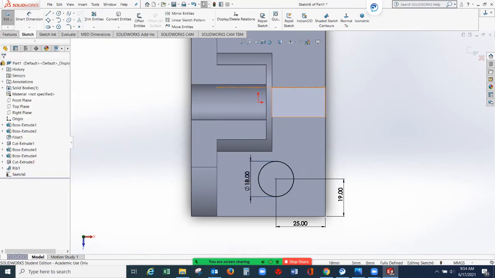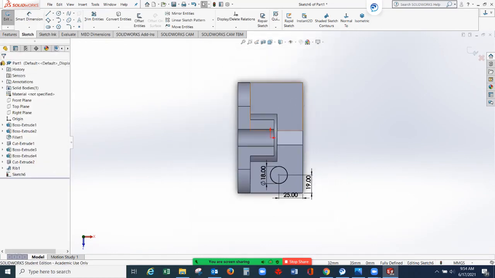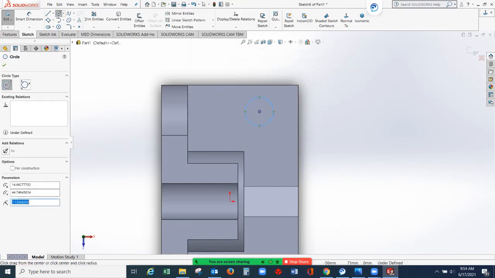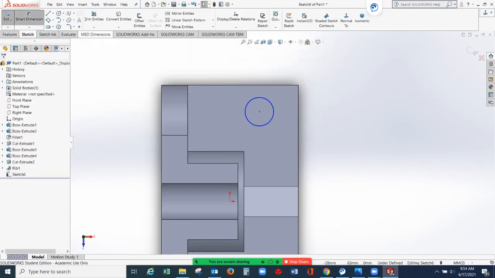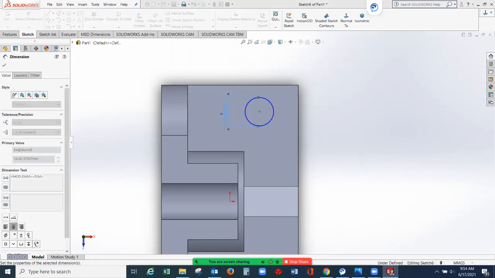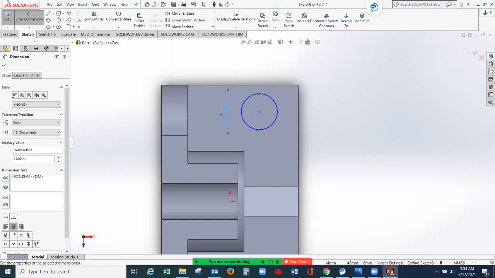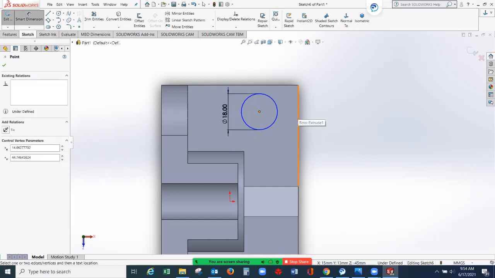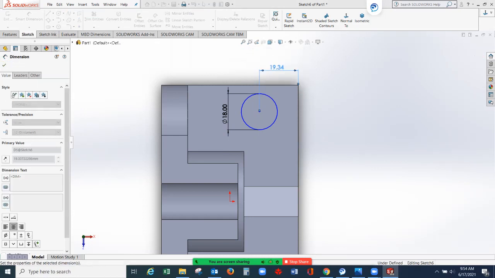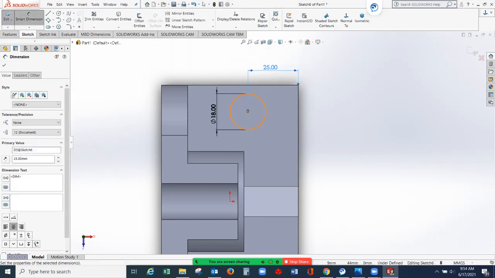So let's do the same on the other side. Create one circle here with a diameter of 18, with a distance of 25 here and 19 on the other side.